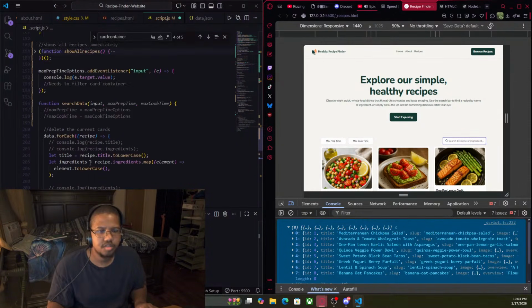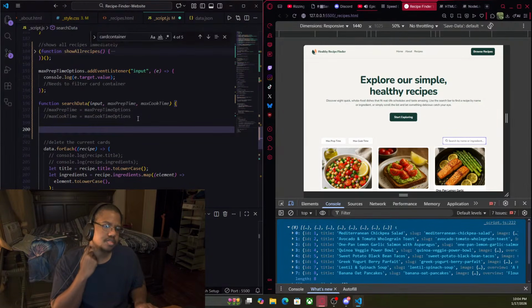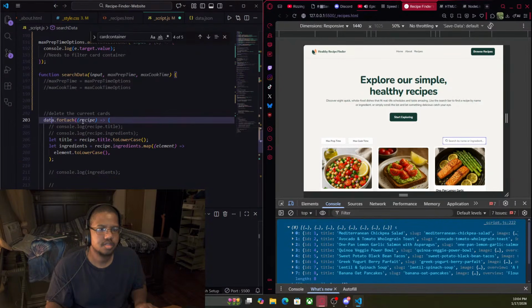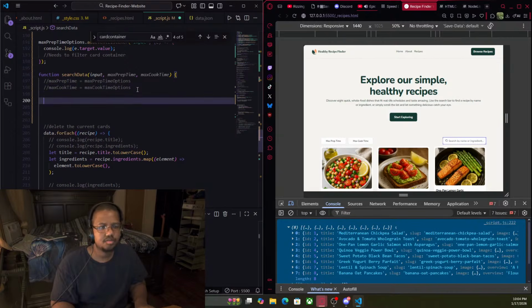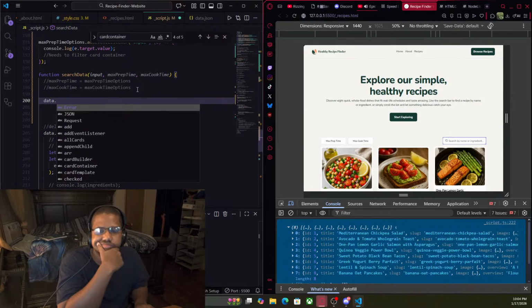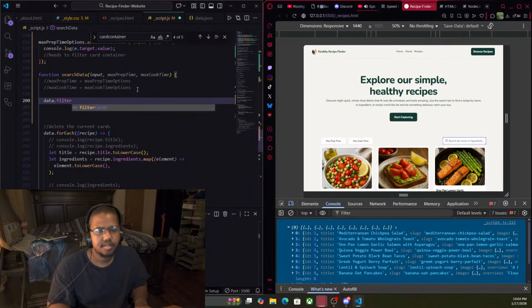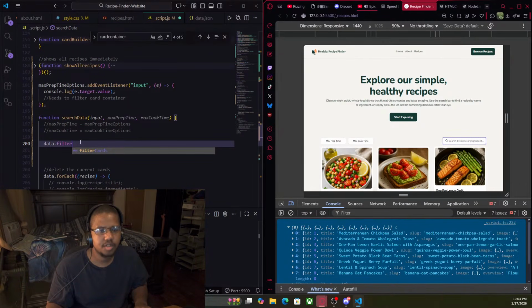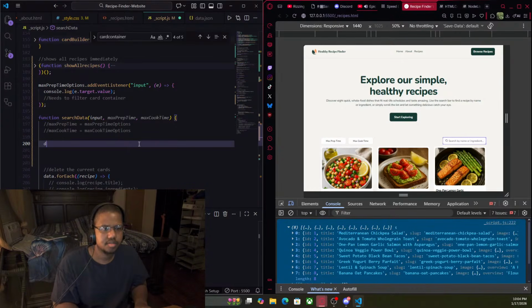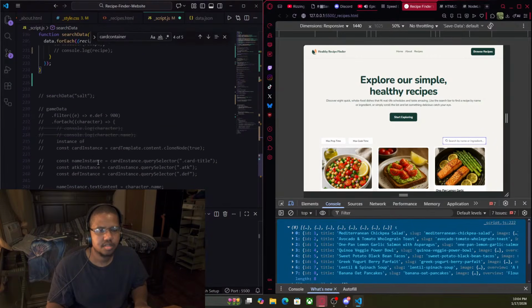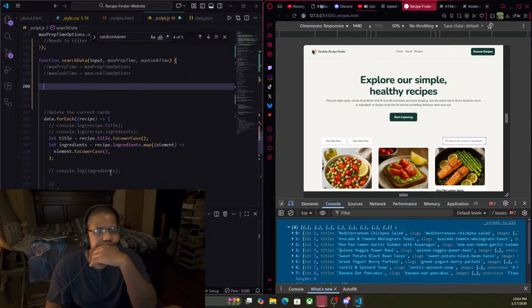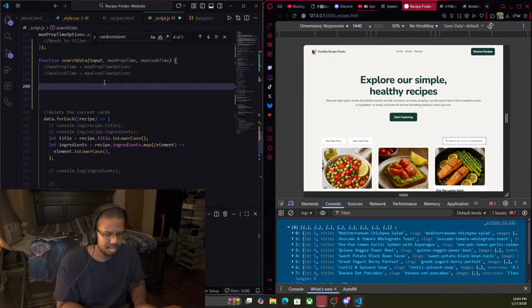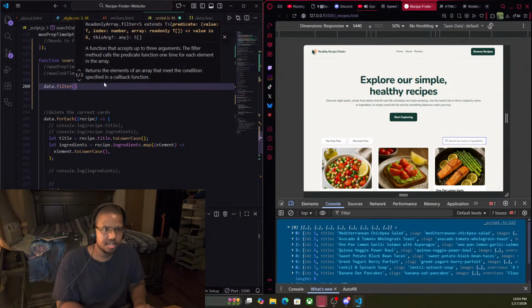So wouldn't it be easier to just do like data dot, does recipe card, I think recipe card only takes, it's okay. As long as I get an array of the things that match this, I think I'll be fine. So I can do data dot I guess filter and